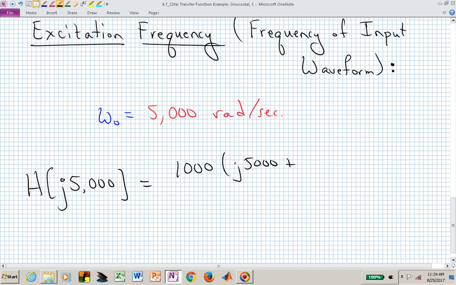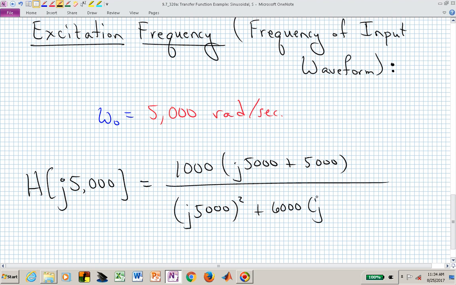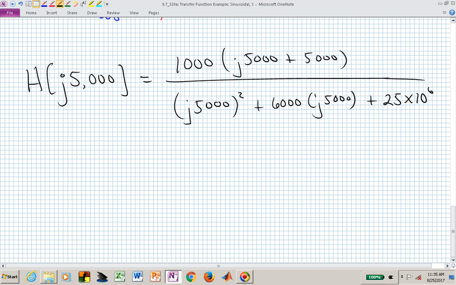So there's J 5,000 plus 5,000. That's going to be somewhat straightforward to compute. Then we had S squared. So we have J 5,000 squared. And we know what J squared is. That's minus 1. Plus 6,000 S. So there's 6,000 times J 5,000 plus 25 times 10 to the 6. Or we now have